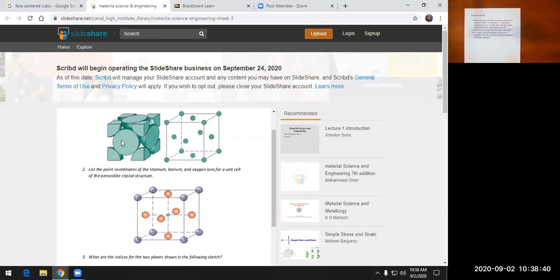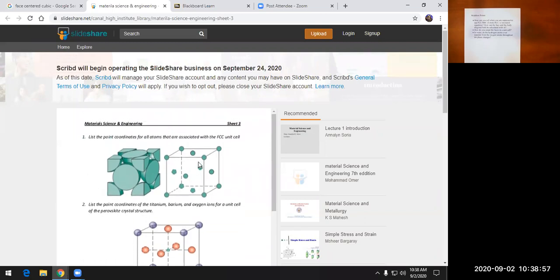The distance from here to here is a radius. The distance from here to here is a radius. And the distance from here to here is a radius. So the distance along this diagonal is 4r. Okay. Now, if we look at the body-centered cubic,